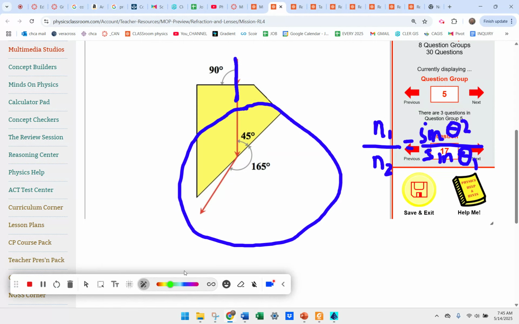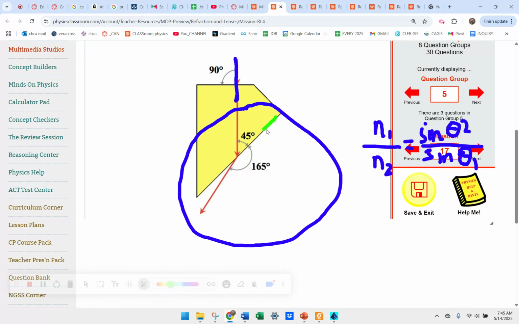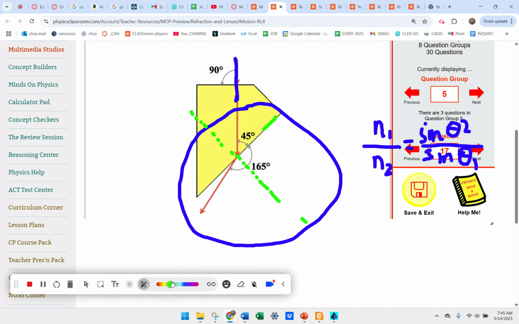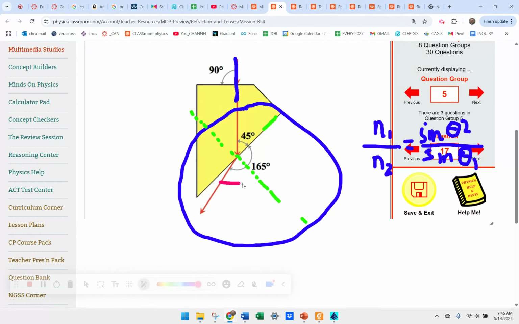And you also want to make sure and realize this is your surface here, right? And so your normal line is at a 90-degree angle perpendicular to that. So remember, this is your normal line. And your angle of incidence and your angle of refraction are in reference to that. So you're really looking for this angle here